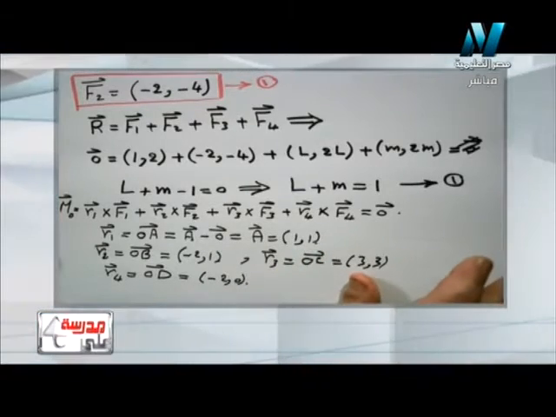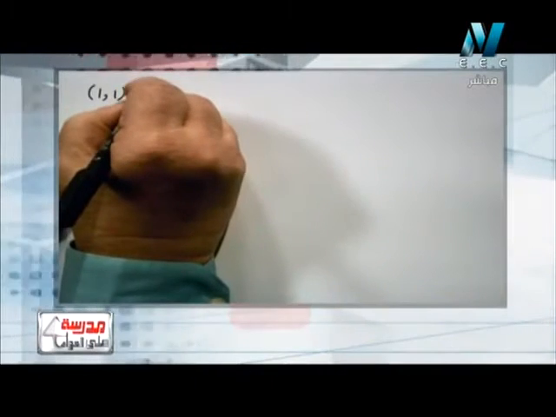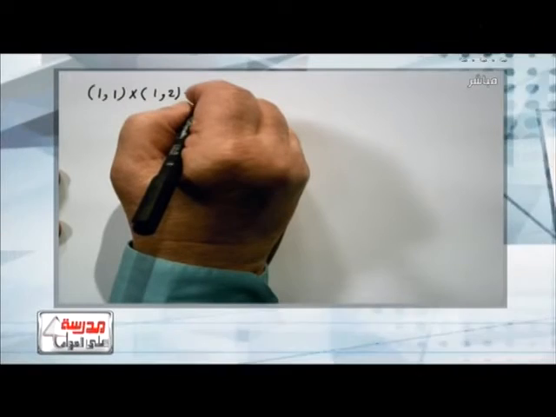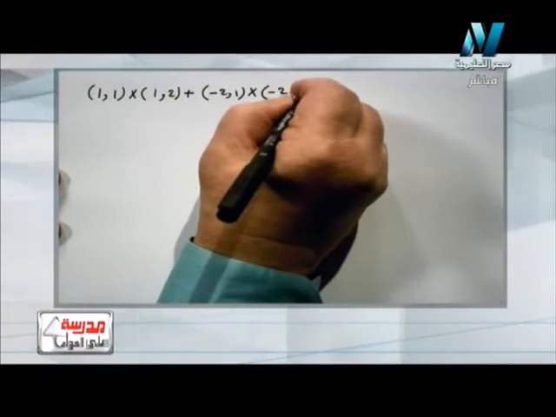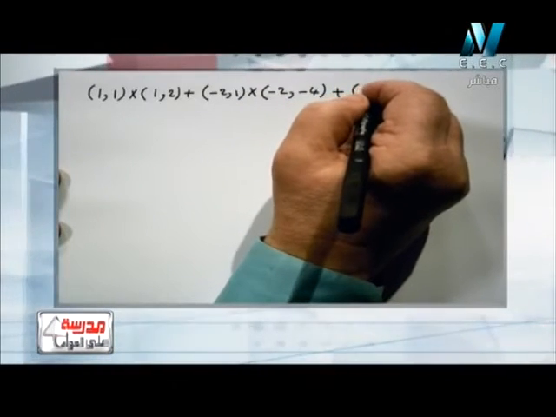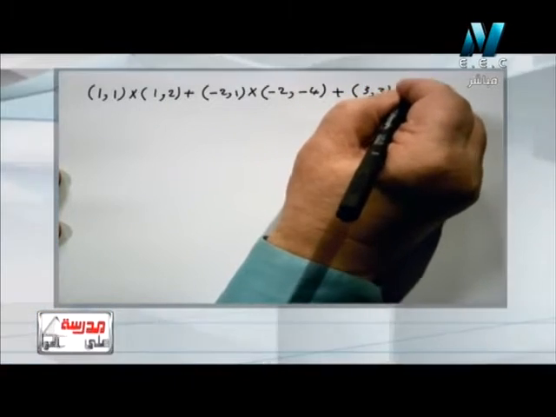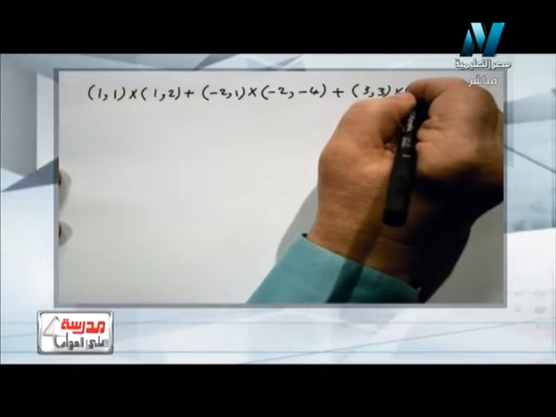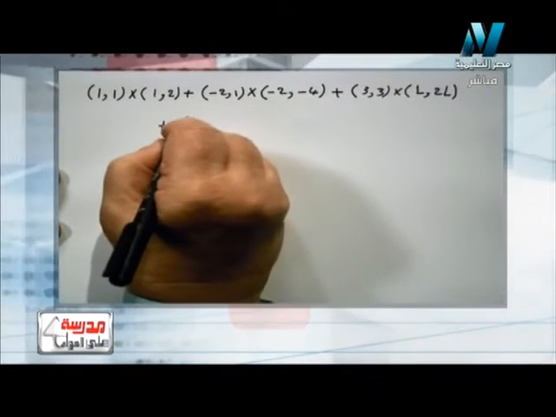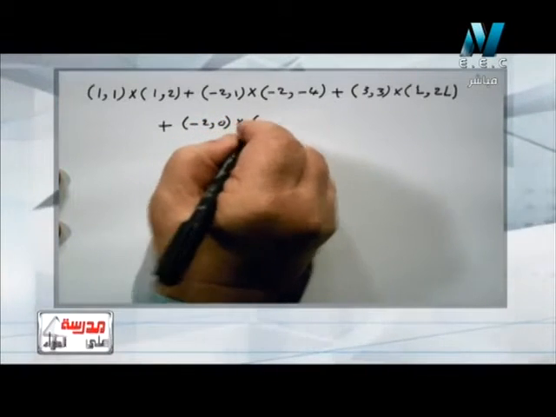Substitute in the moment, then we get R1, which is (1, 1), cross F1, which is (1, 2), plus R2, which is (-2, 1), cross F2, (-2, -4), plus R3, which is OC vector (3, 3), cross the third force, which was (L, 2L), plus R4, which is (-2, 0), cross F4 (M, 2M),